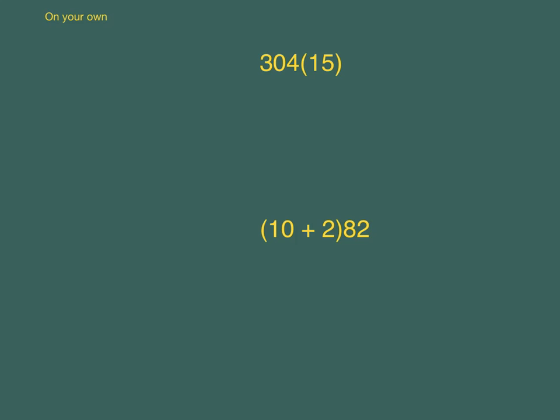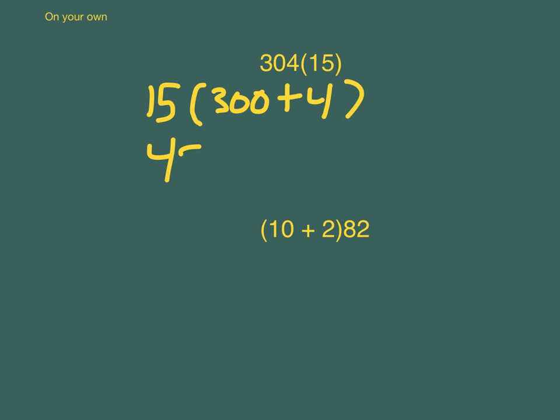So pause the video, don't use a pen and paper, and see if you can do these in your head. Alright, to do this in your head, hopefully you broke it down into 15 times 300 plus 4, because that 300 plus 4 will give you that 304. Then you do 15 times 300, and you should have got 4,500. And 15 times 4, which is 60. And you add those two together, and you get